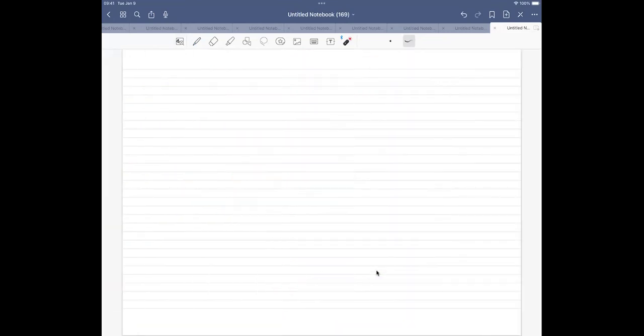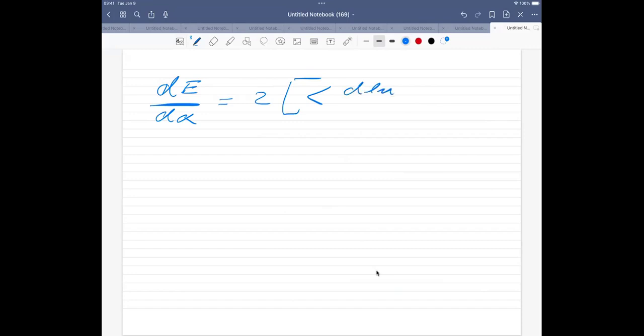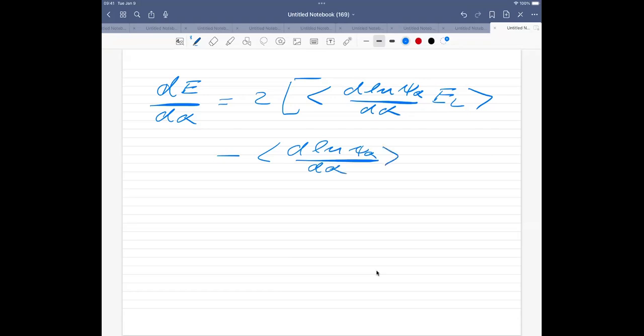When we collect everything, we can show that the derivative of E with respect to alpha is given by 2 times the expectation value, and I'm just going to use this physics way of writing the expectation values, of d ln of psi alpha of d alpha multiplied with the local energy,